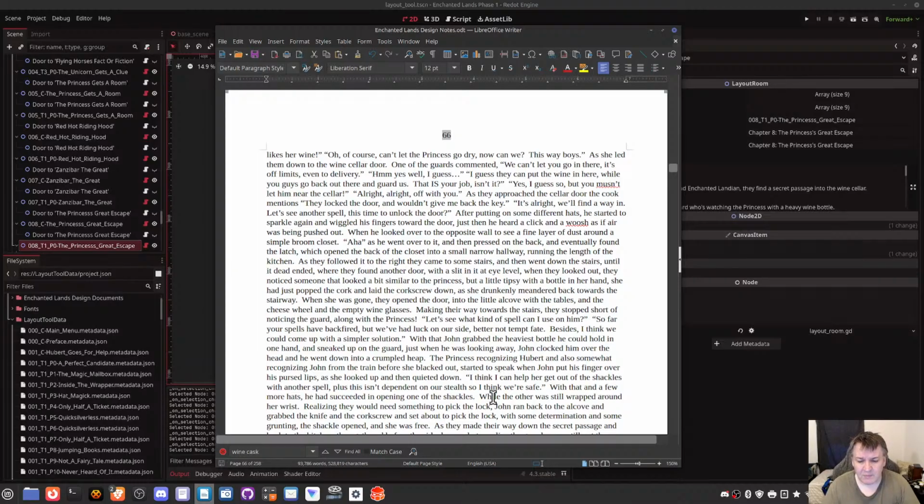With that, John grabbed the heaviest bottle he could hold in one hand and sneaked up to the guard. Just when he was looking away, John clocked him over the head and he went down into a crumpled heap. The princess, recognizing Hubert and also somewhat recognizing John from the train before she blacked out,